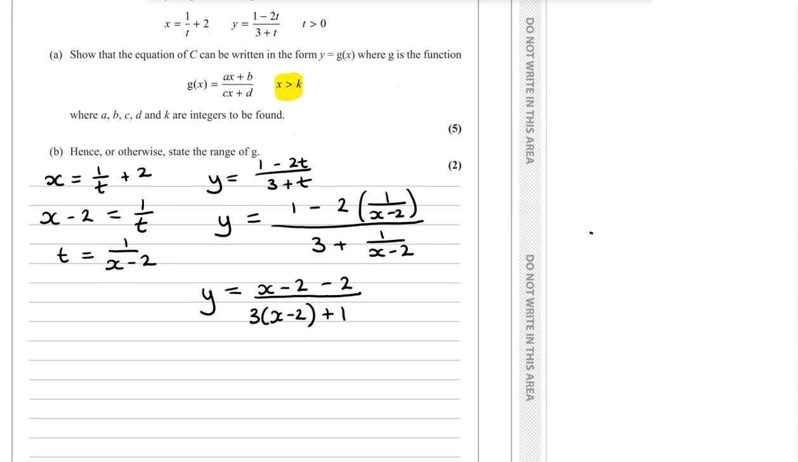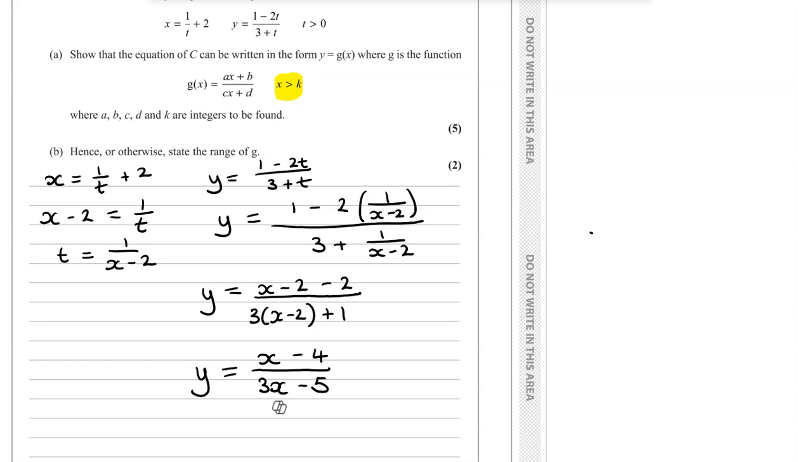So then what I can do is simplify the top, which will just leave me with x minus 4. And then on my denominator, 3 times x, 3 times minus 2 for minus 6, add the 1, and that gives me minus 5. But we're not quite done there yet,